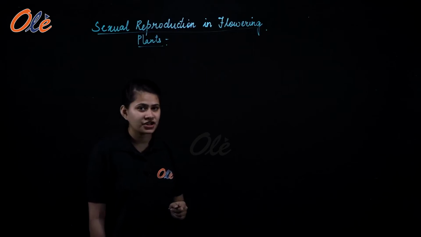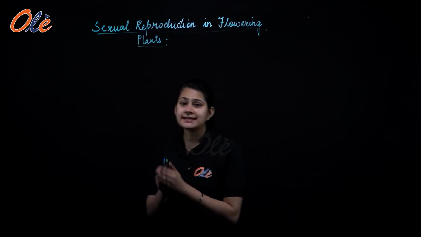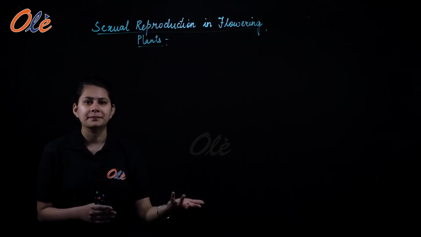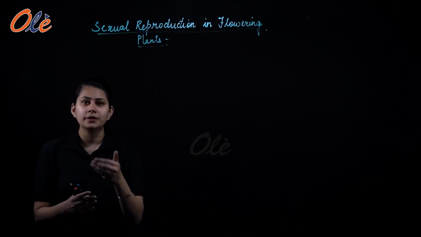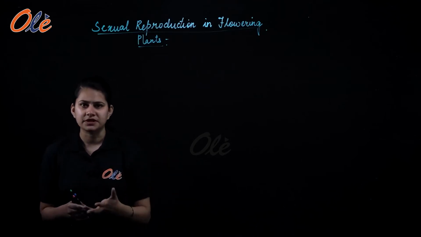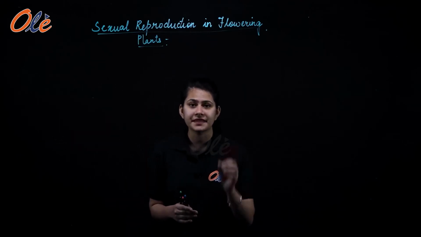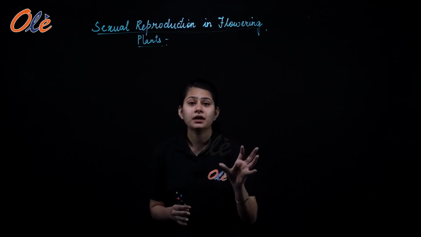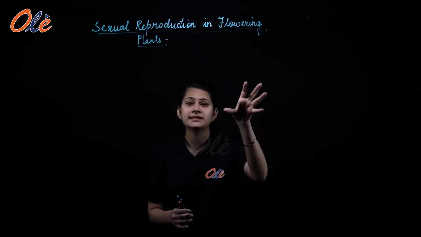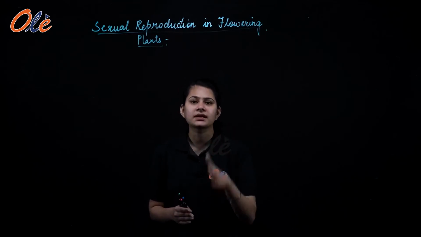So in the last segment of this chapter, we were talking about pre-fertilization events, right? We had talked about gametogenesis and then how pollination is essential for fertilization to occur or to be accomplished, right? Then we had also talked about pollen-pistil interaction, which is a kind of dialogue which happens because of certain chemical components, right? Today we are going to go ahead and discuss how fertilization occurs in the angiosperms or the flowering plants. It is very interesting to note here that the fertilization in flowering plants is in fact very distinctive, right? This happens only in flowering plants, right?